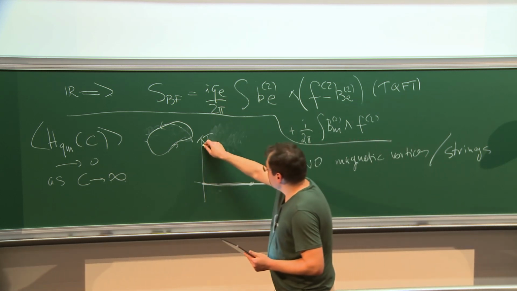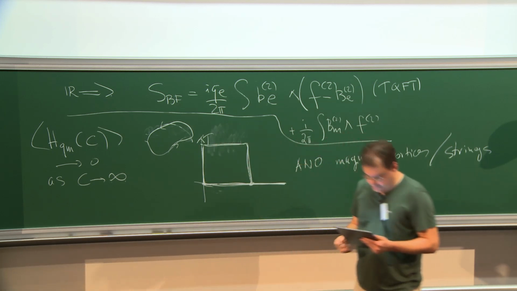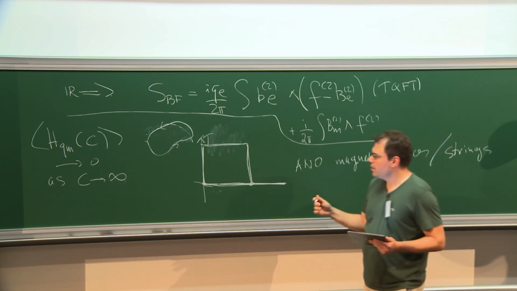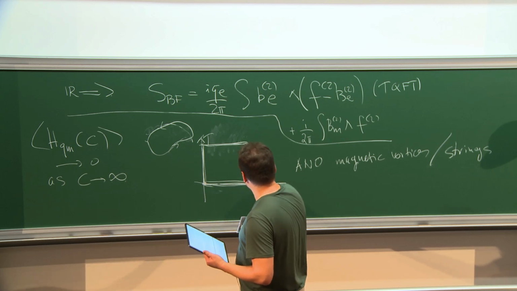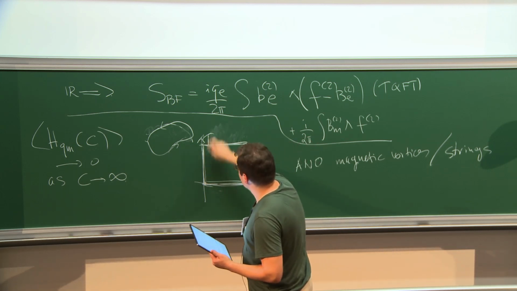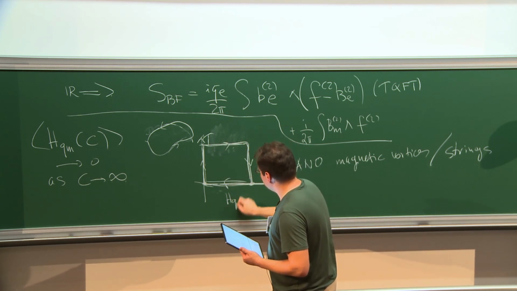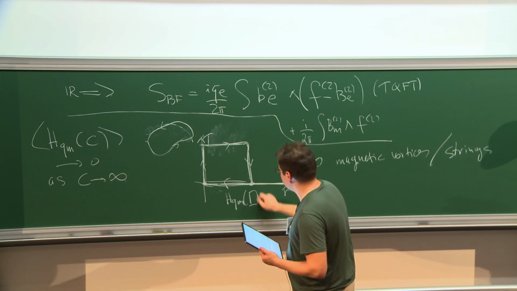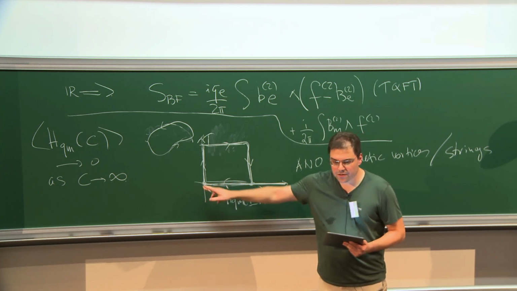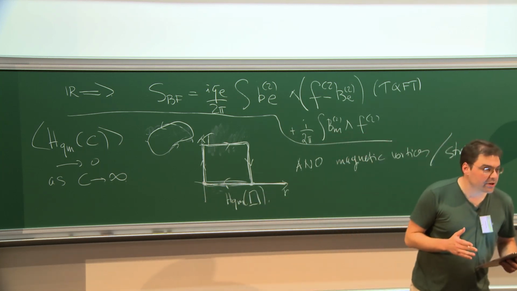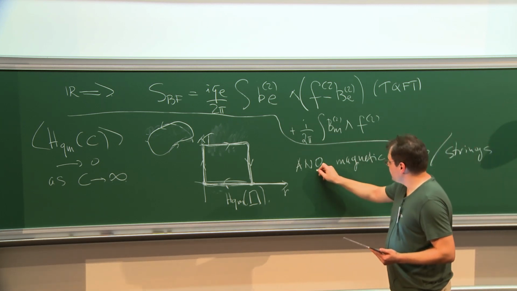Now, try to remember the picture that we had that related the static potential to the behavior of large loops. We drew a large rectangular loop in the RT plane, looks like this. Now I'm taking this to be a 't Hooft loop of magnetic charge Qm. This is this rectangular loop. And now I'm saying that this bottom segment of the loop creates an ANO vortex, an ANO string of length r. Now, because the ANO string has finite tension,